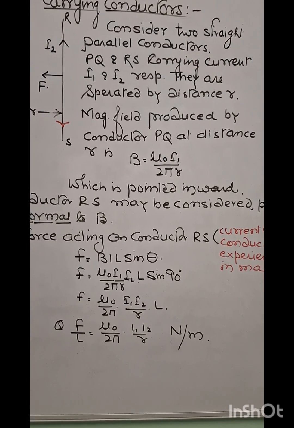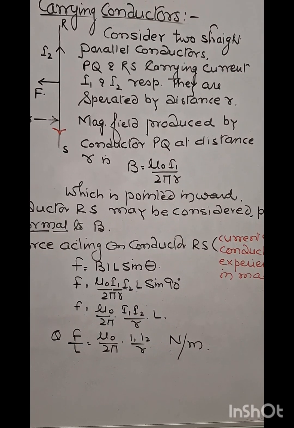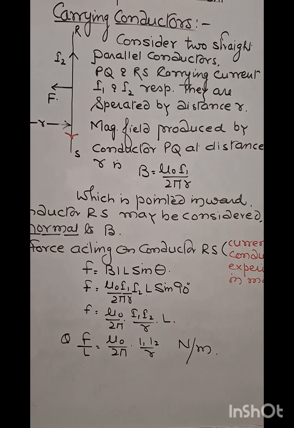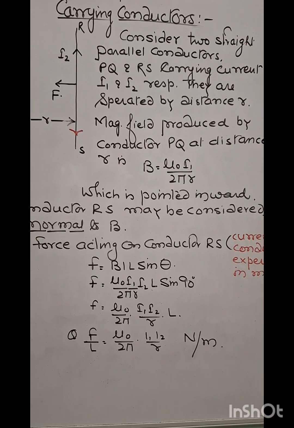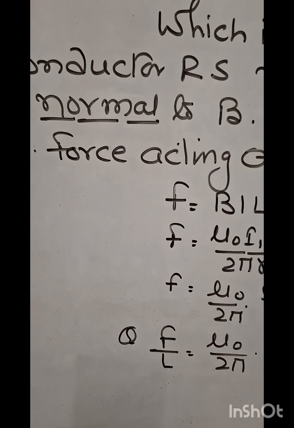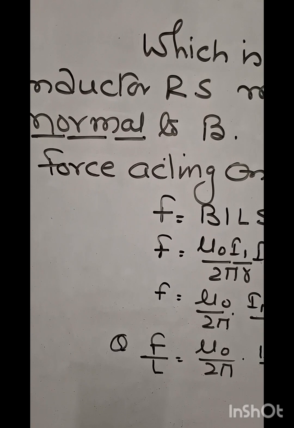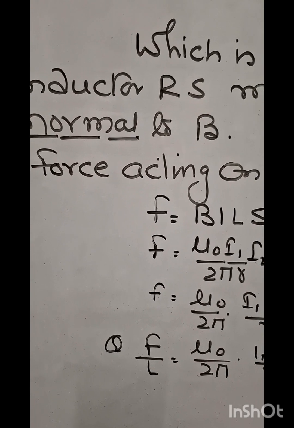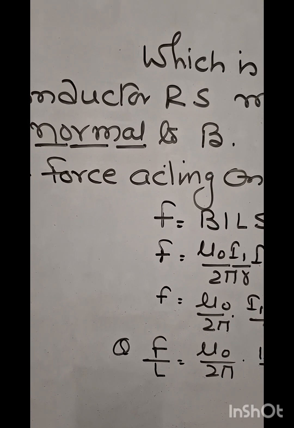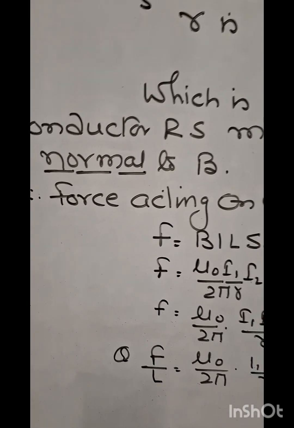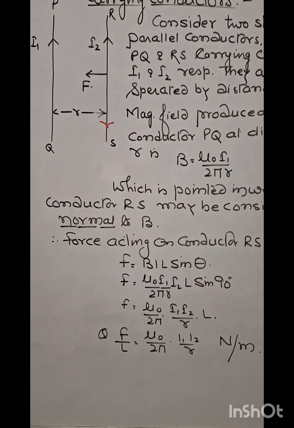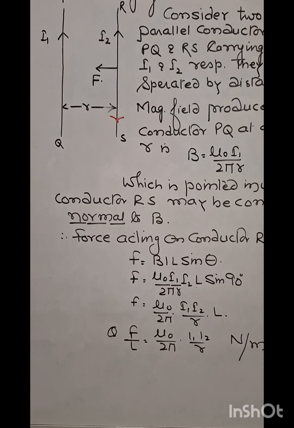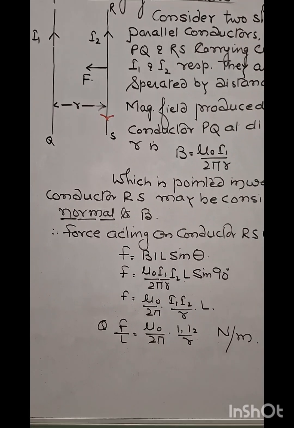Listen again. I1 is equal to I2 is equal to 1 ampere, R is equal to 1 meter, then F upon L is equal to mu naught upon 2 pi into 2 pi, that is 2 into 10 to the power minus 7 Newton per meter. So we can define 1 ampere current is that current which when passed through two parallel wires 1 meter apart,